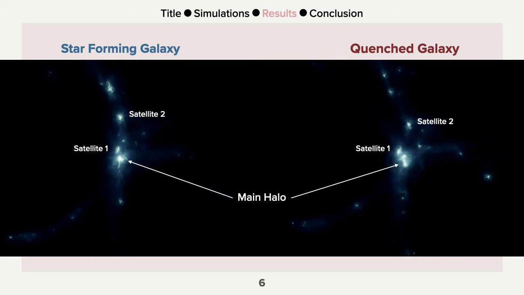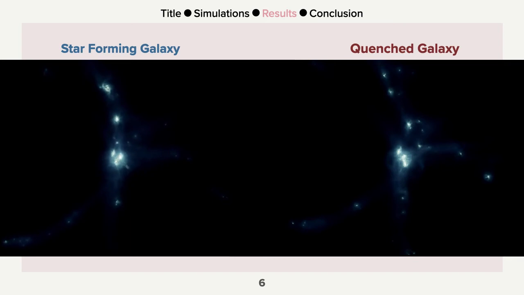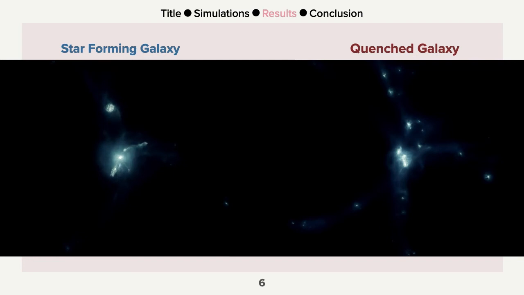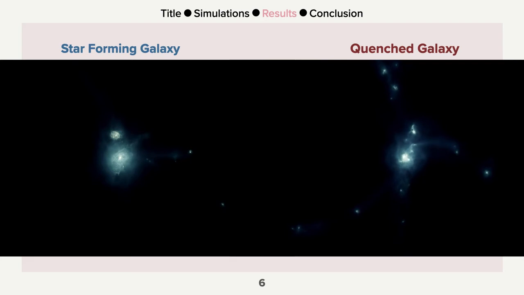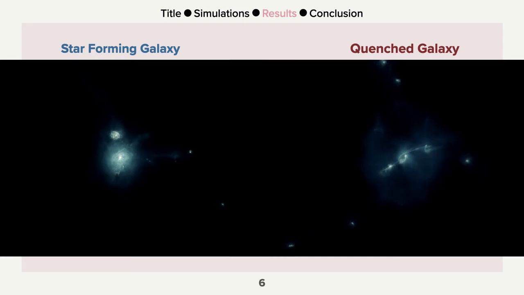and quenched cases. In the star-forming case here on the left, satellite 1 does a flyby of the main galaxy first. This interaction is followed by a flyby of satellite 2, which then turns around and merges. And finally, satellite 1 merges last. In the quenched case, however, satellite 1 still begins with its flyby over here to the right, but then it merges right before satellite 2 does its flyby. This double interaction is then followed by a significant outflow, which you've just seen, and finally, satellite 2 merges as